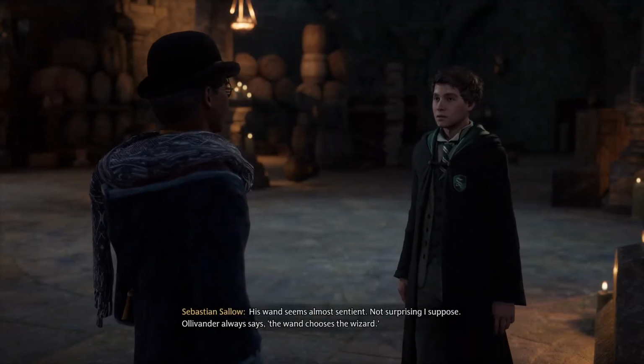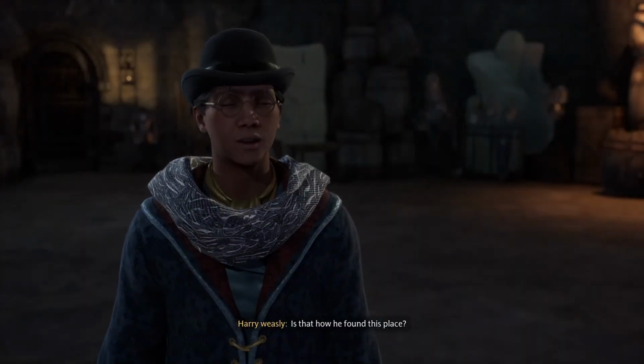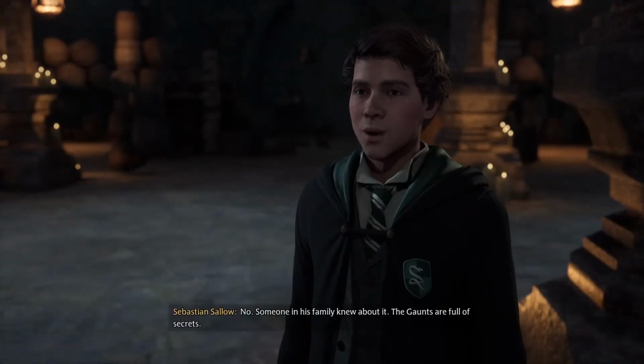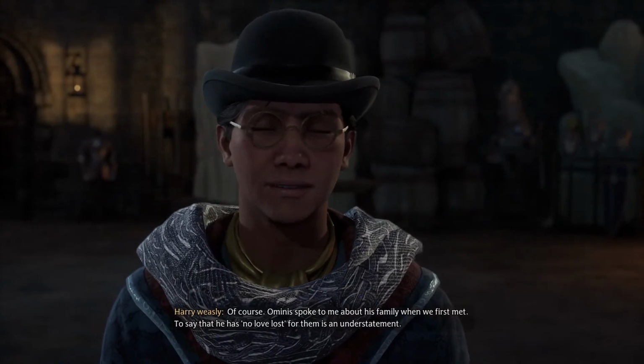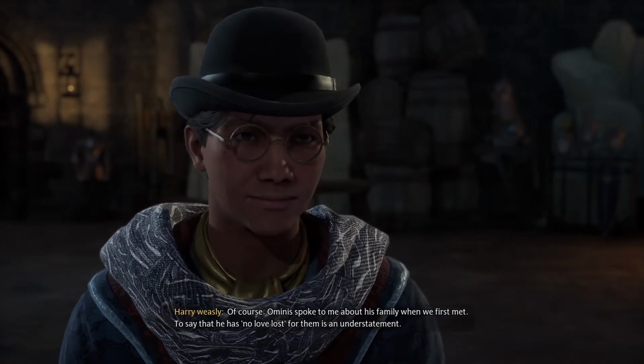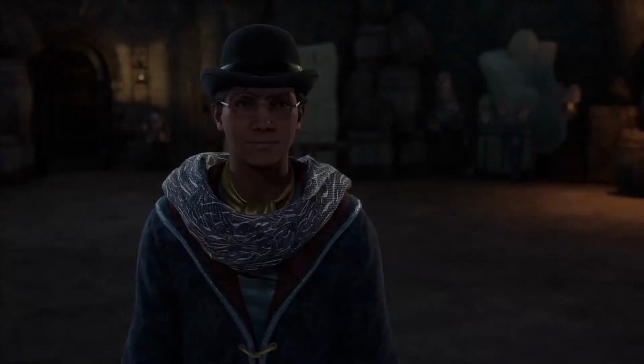I know Ominous. His wand seems almost sentient. Not surprising, I suppose. Ollivander always... Is that how he found this? No, someone in his family knew about it. I've never heard any... Of course. Ominous spoke to me about his family when... Glad you understand. Anyway, the Undercroft has...